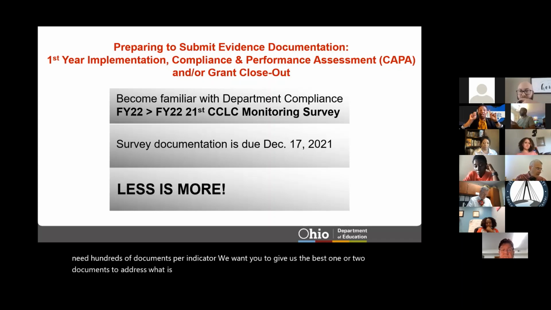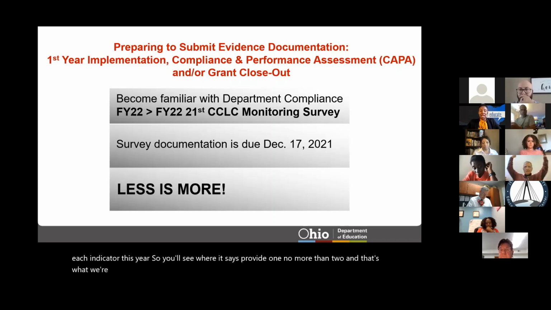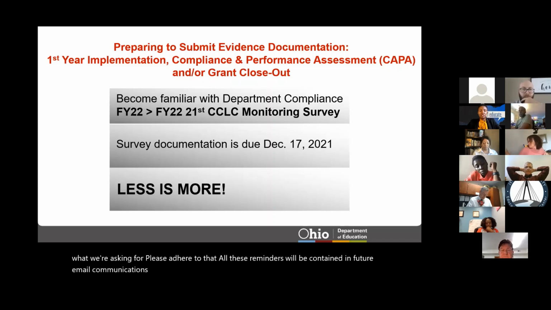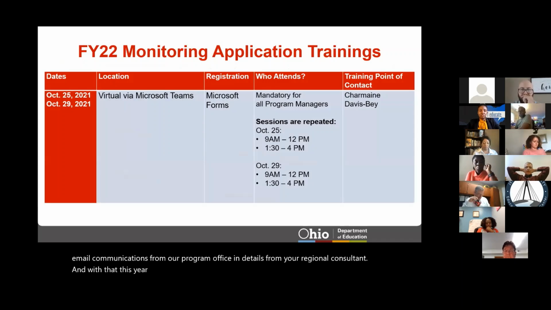And I actually made a note of that under each indicator this year. So you'll see where it says, provide 1, no more than 2. And that's what we're asking for. Please adhere to that. All these reminders will be contained in future email communications from our program office and details from your regional consultant. And with that, this year's monitoring application trainings will be held October 25th and 29th via